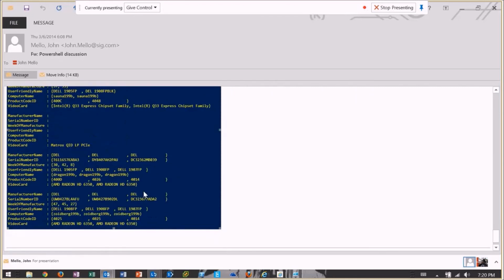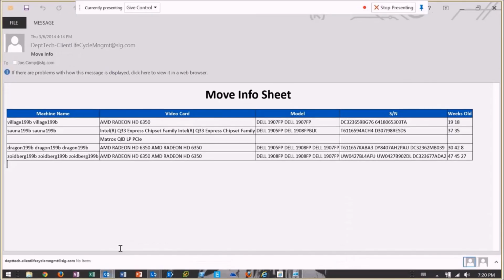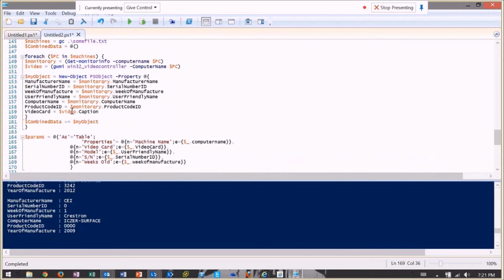It's usable here, but once I start trying to create a report out of it, you get something like this, where it's all jammed up together. If we look at the script where everything is combined, it's this one. I'm creating a new object and combining my data. But because I'm using Get-MonitorInfo, it's a hashed array within a hashed array, and I can't figure out how to